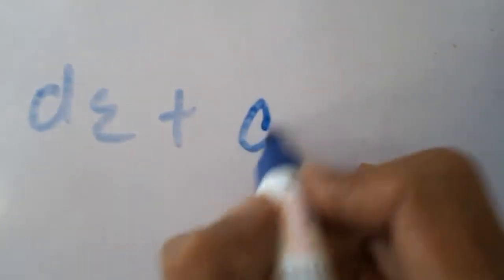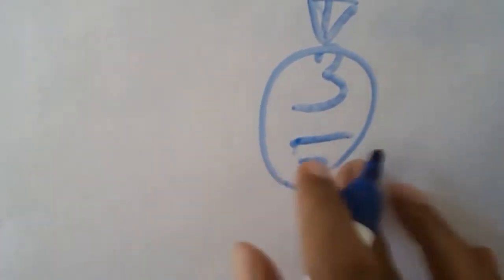And now, what is the dQ? dQ is equal to dU plus dW. My gas is an ideal gas. It is given in the question. Gas is an ideal gas, and it is monoatomic. What is monoatomic? It means it has 3 degrees of freedom. Degree of freedom is 3.